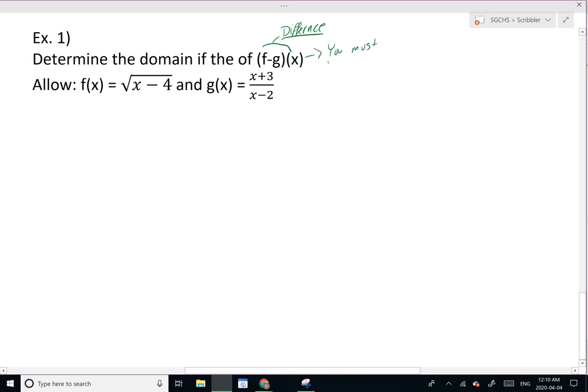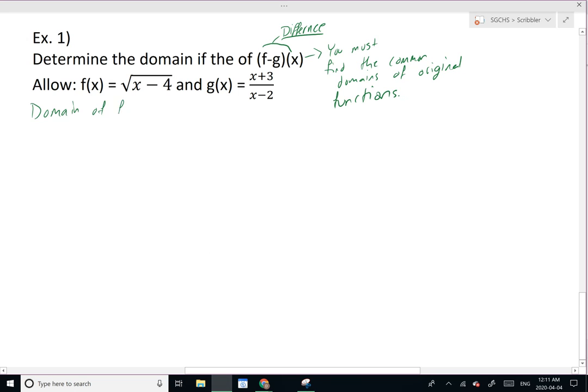you must find the common domains of the original functions. Okay, so oftentimes it's easiest to represent this on a number line. So the first thing we need to do is find the domain